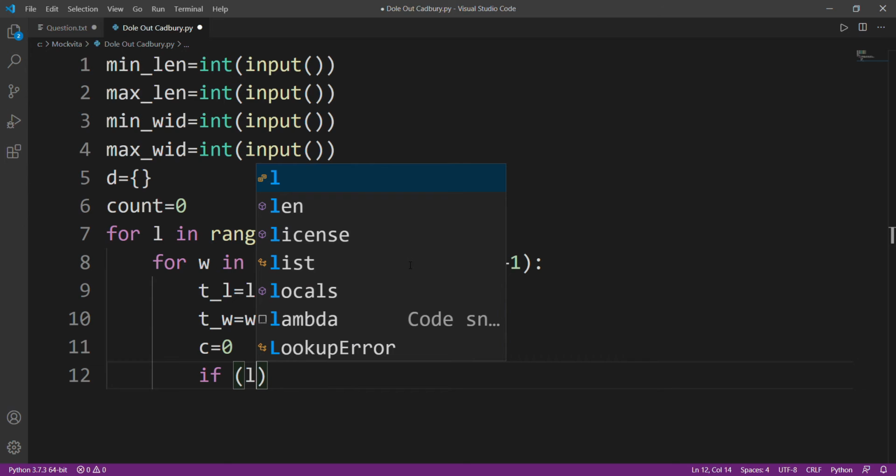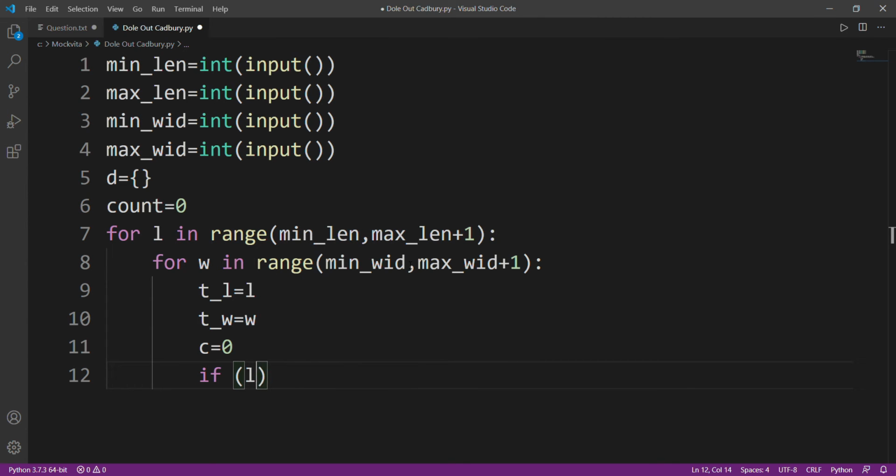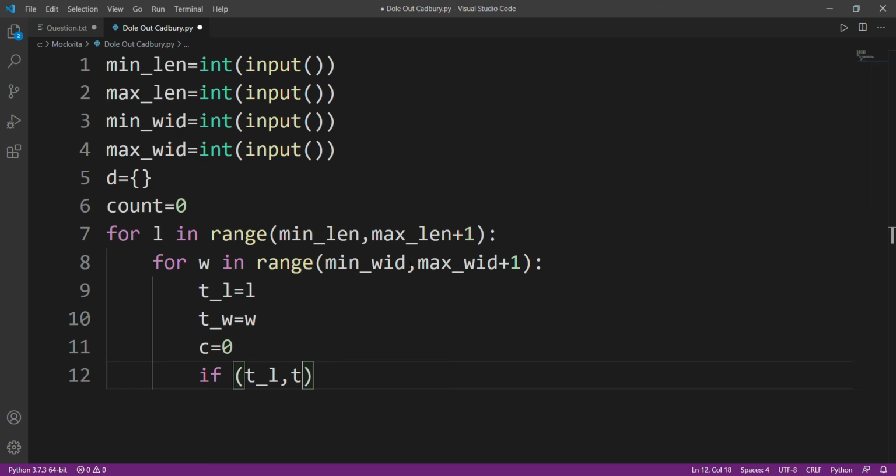All right, now I am going to use the dictionary like this. Instead of using L and W, I can simply use if TL or TW with these keys, basically these will be acting as our keys. If these keys are present in the dictionary, then the count of the number of chocolate bars shall be equal to D of TL comma TW.